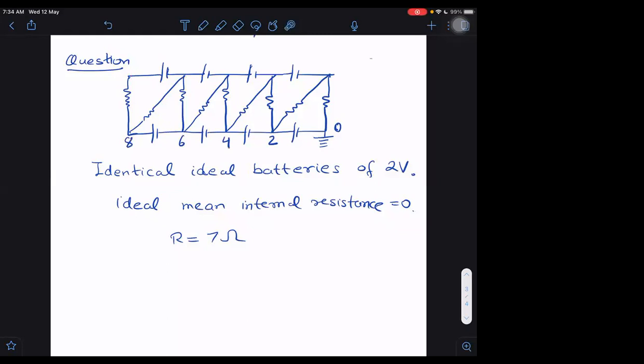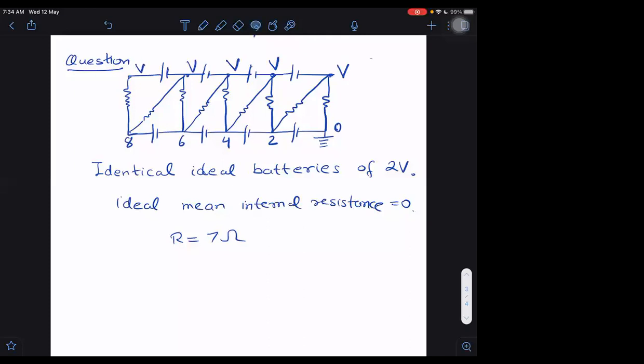What about in this place now? Zero? No, sir, we can assume there is a resistance in between. How are you assuming potential to be same on both sides? There could be a potential difference. It will be some unknown V, plus 2, V plus 4, V here, plus 6, V plus 2, V here, V here.